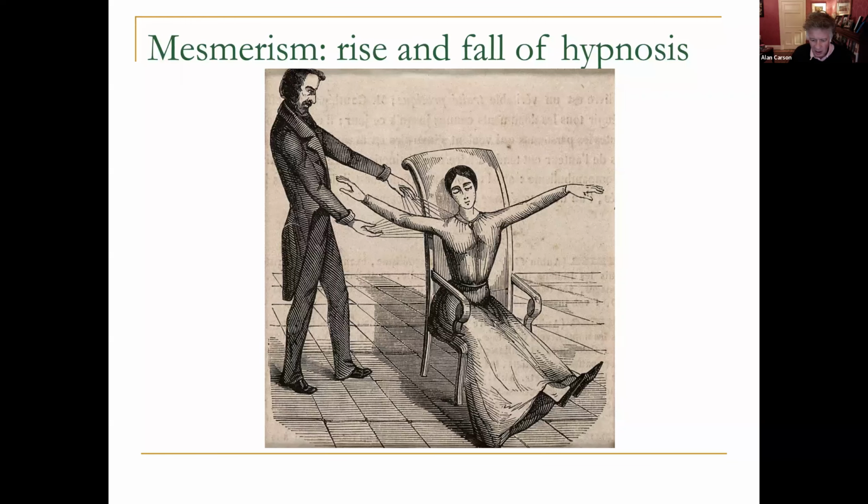And he faced a committee chaired by Benjamin Franklin. Dr. Guillotin was on the panel. I mean, you wouldn't want that for your fitness to practice decision. But they actually did some quite hard science, including randomized controlled experiments in which the experimenters were literally blindfolded and asked to test the results. And they showed that really this was about suggestion rather than any true animal force.